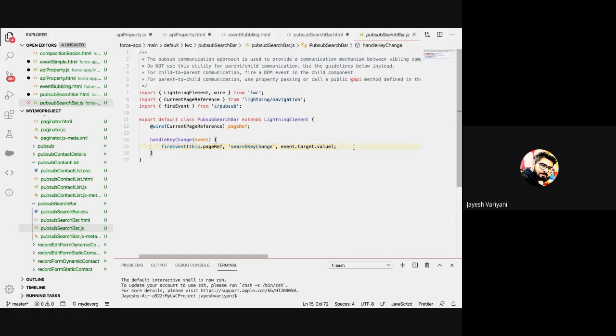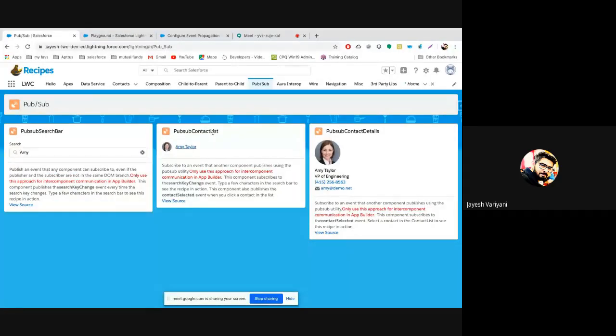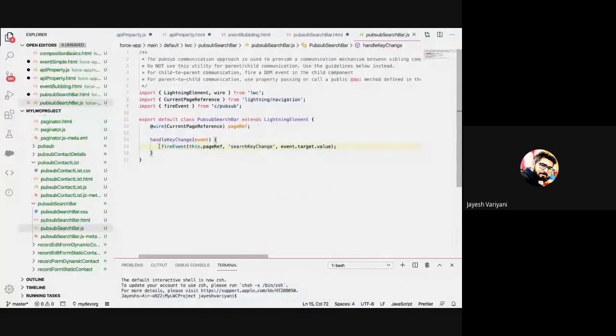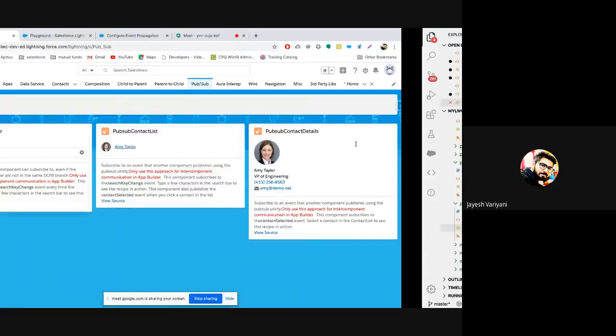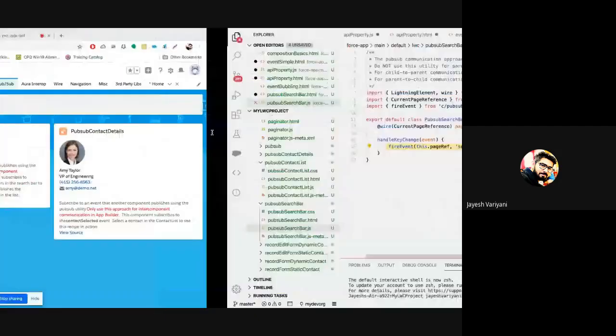Now the next component, that is the PubSub contact list, it has to receive this event, right? And accordingly it has to act. So this fireEvent has published the event. Understand the concept like this: it has fired an event, it has published an event. Now opening the PubSub contact list here.